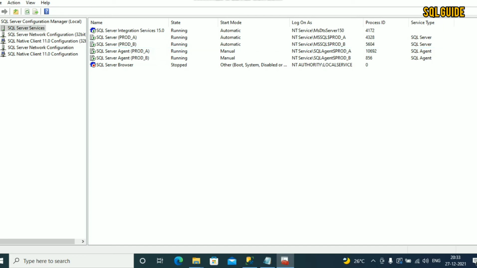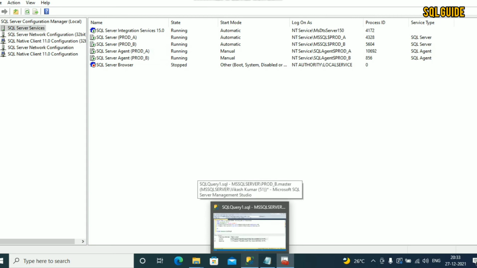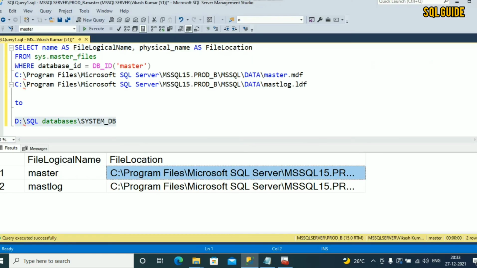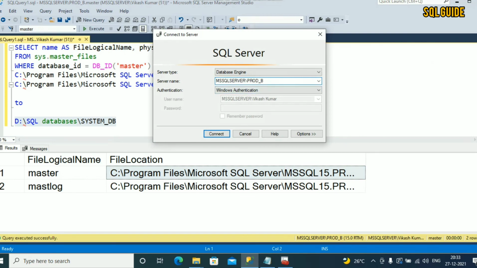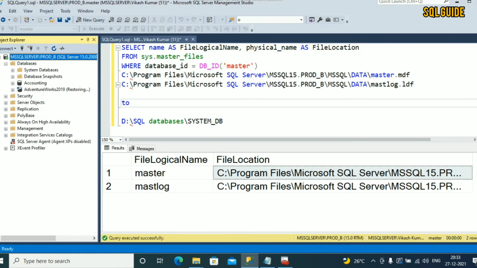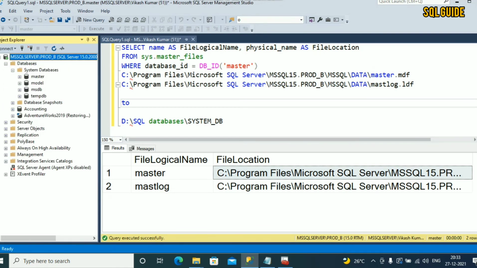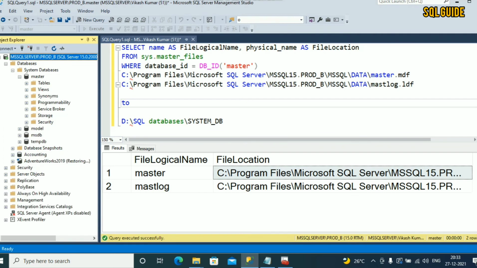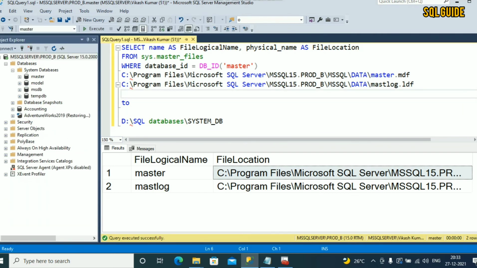Now connect to the instance from SQL Server Management Studio. Go to File, Connect prod underscore B. You can see I have connected successfully, and you can see the master database is up and running fine.